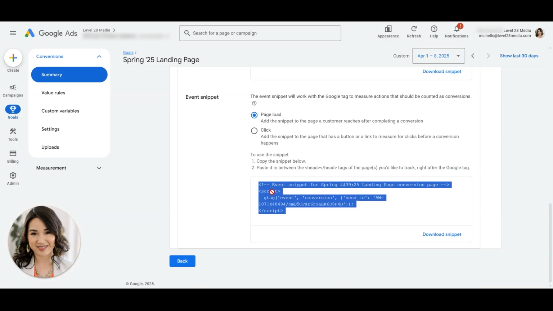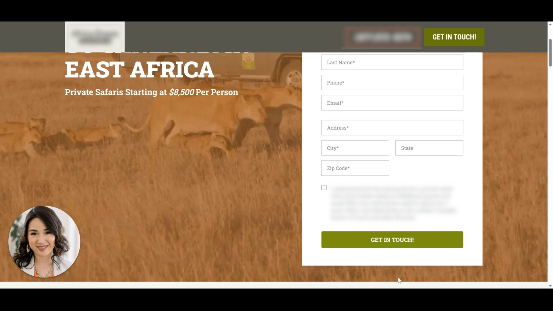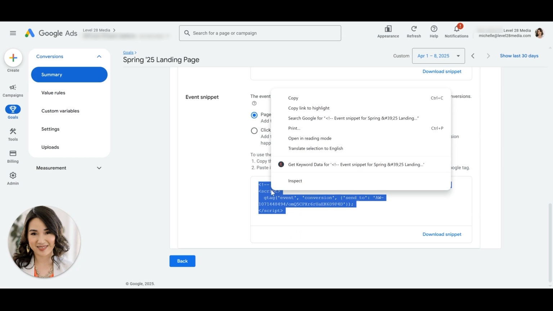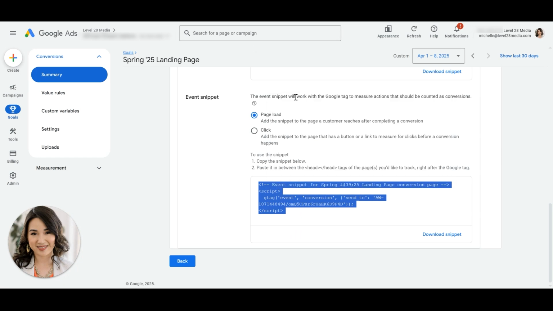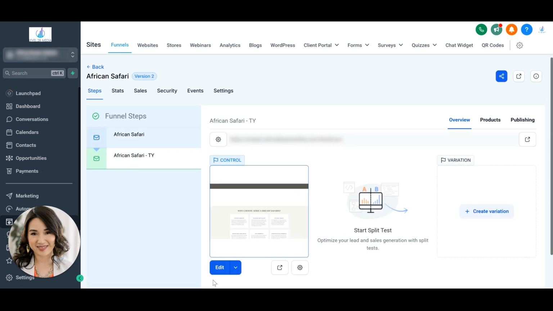We're going to grab the code. We want to make sure that we're using the page load version, not the click, because the click is only going to track people that click the form button. And we're not tracking buttons, we're tracking page loads. So we're going to get the pixel, copy, then we're going to go over to our landing page builder and we're going to go to the thank you page, click edit,